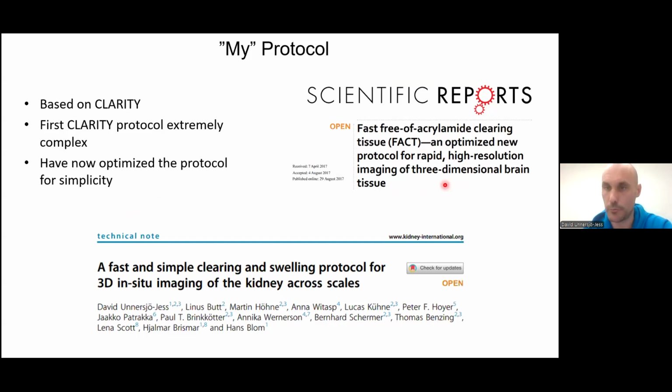So you can actually just fix your sample and then clear it in SDS. Based on this, we published our own protocol,